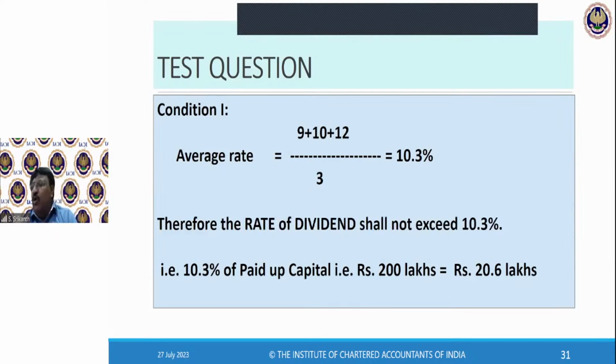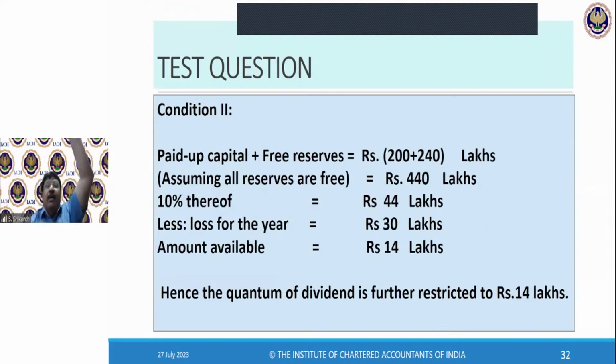So as most of you have told, you are not wrong, because you have applied condition 1. So you are coming to 10.333 recurring. When I apply it to my capital of 200, I get 20.6 lakhs. This is the amount I have to spend for declaring 10.3%. But condition 2 puts a limit on my quantum. What does it say? It says